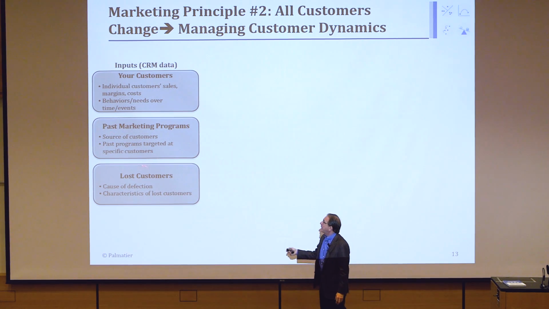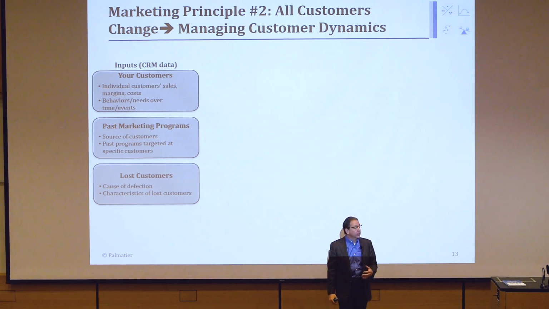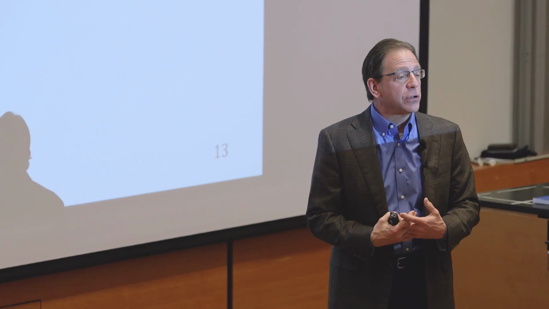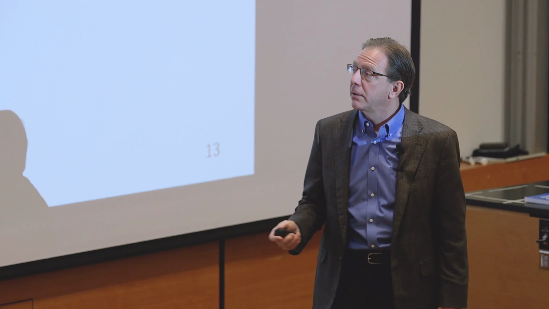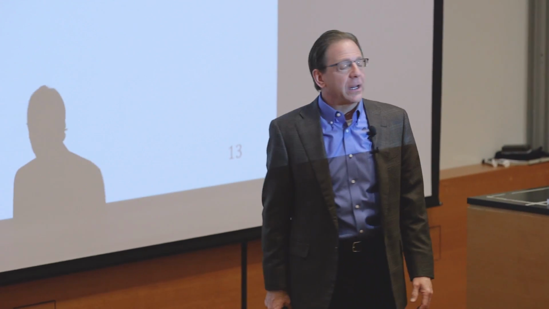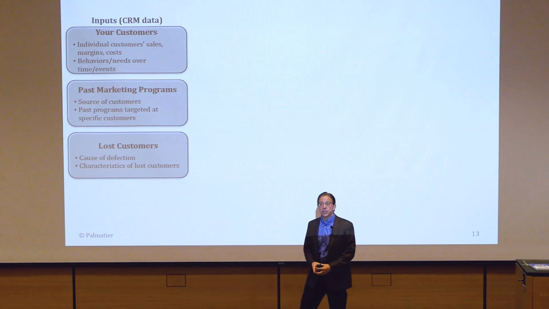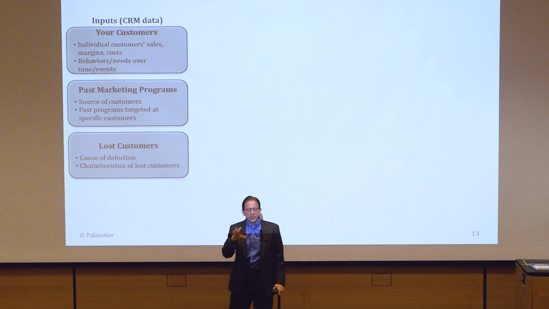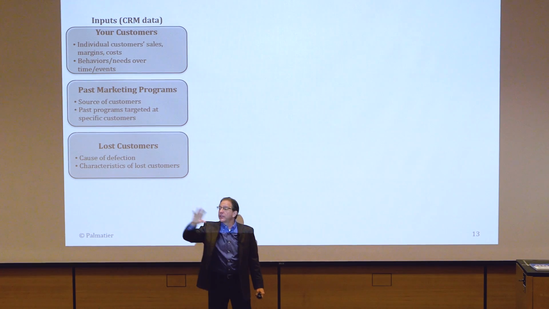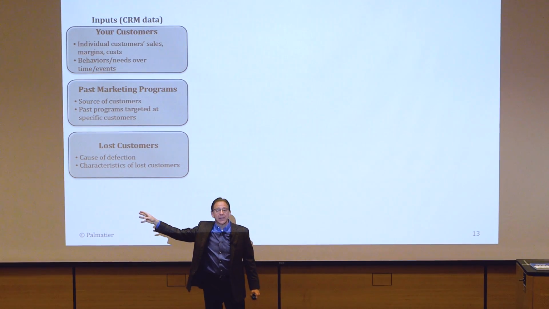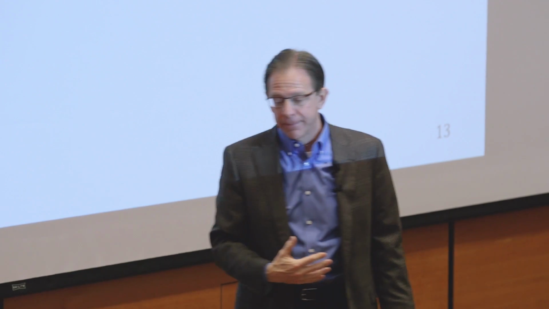You have to look at your past marketing programs, where you found your new customers, your acquisition, how you retained your new customer. How did those different programs work? We're also going to study our lost customers. Lost customers have a lot of good information in it. When a customer has been buying from you and they all of a sudden leave and start buying from somebody else, they made a conscious decision. They had to take some effort to do that. I think an interesting example of this, and I'll bring this up later, is Honda.